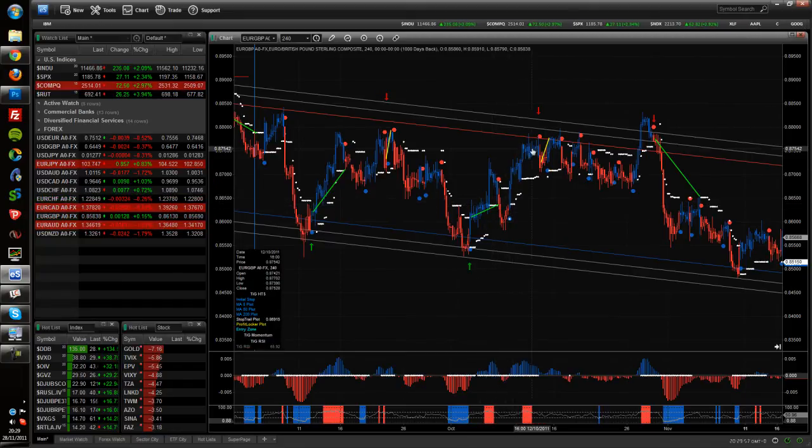Price then rallied, continued to move higher, and hit this area here, here again, and we did have an overbought signal on the RSI, so I took a short on this, and again price reversed against me. I took a small loss, and then we basically went into an area of no momentum,